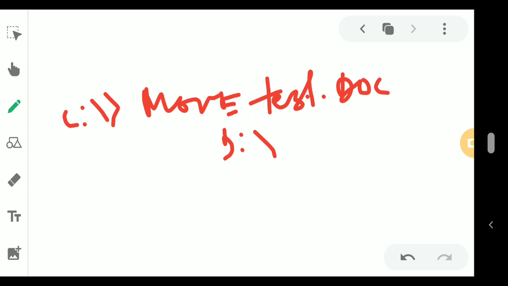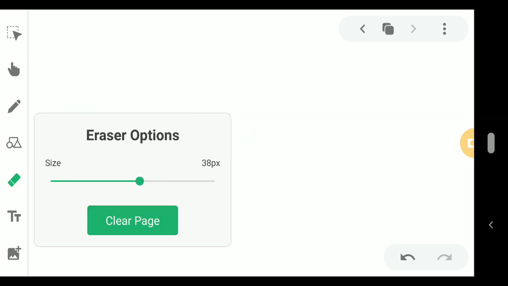So there are many internal commands that are very important. The commands that are important I have already mentioned, and the next topic is the wildcard characters. There are two symbols available, one is star and another one is a question mark.